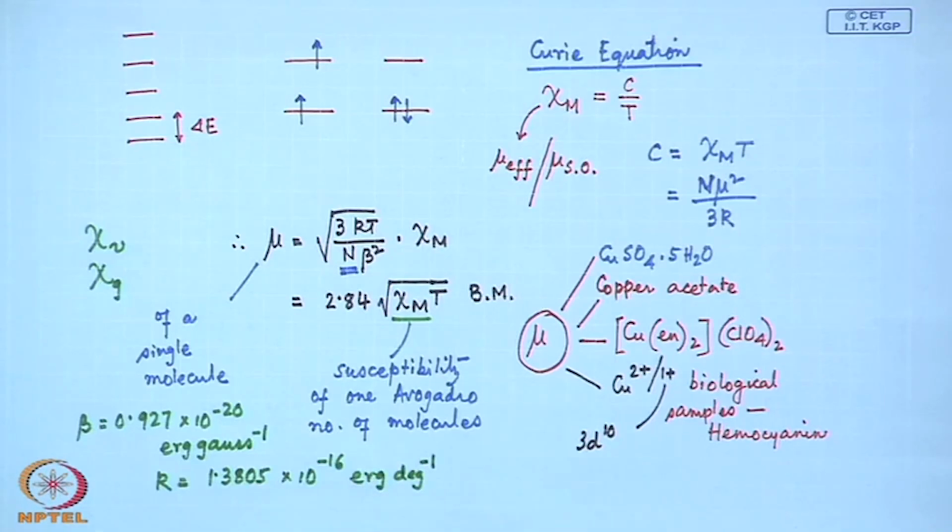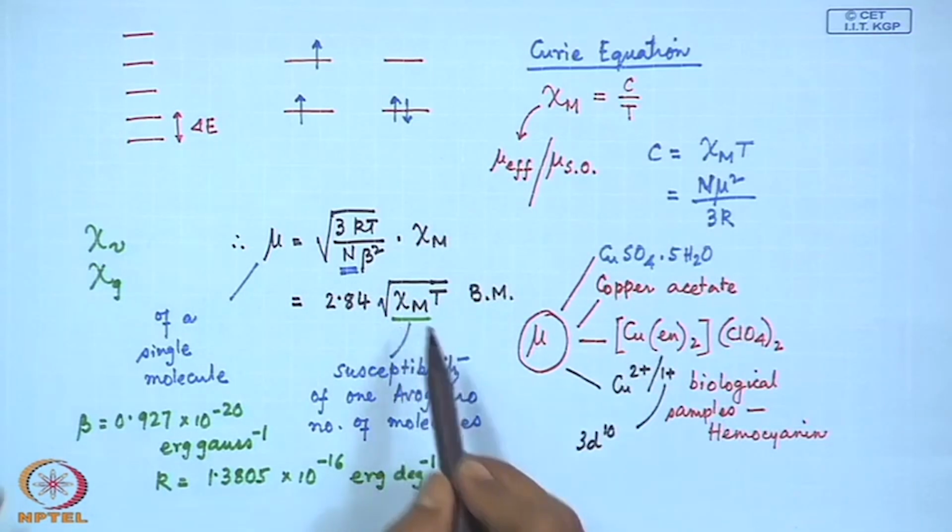So if we put these values, we'll get some interesting information related to the corresponding magnetic moment, the molar